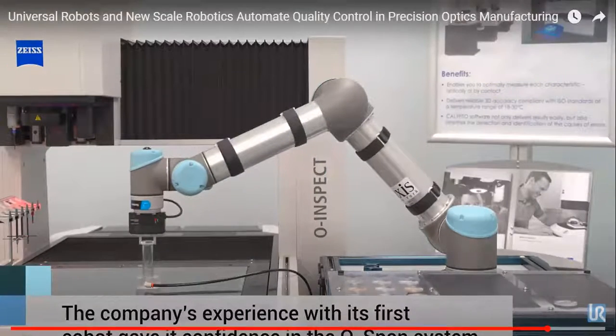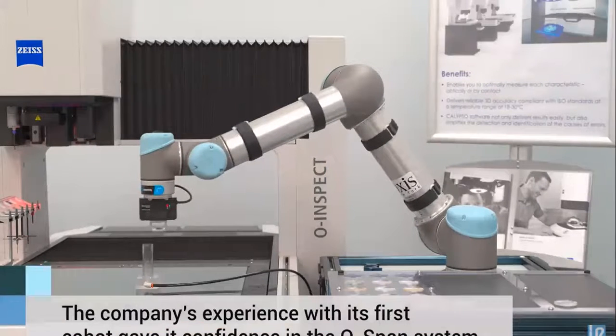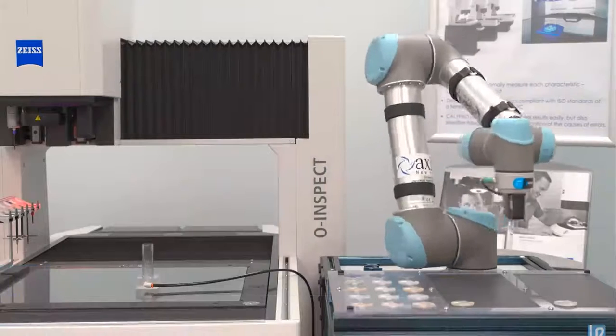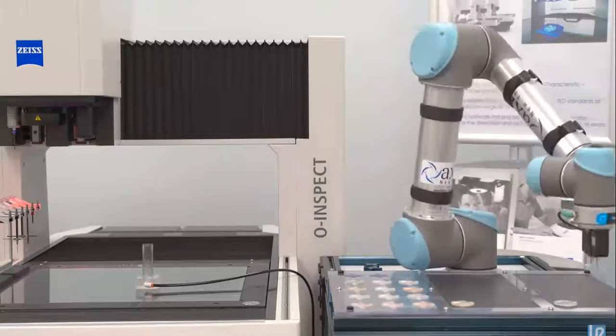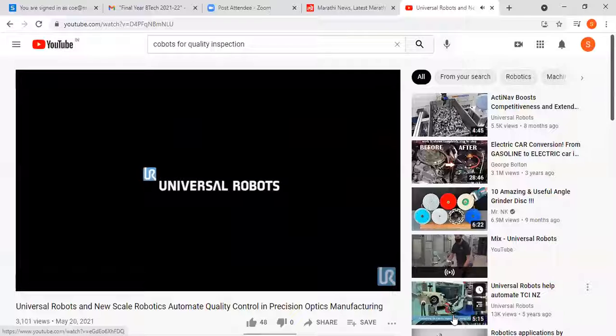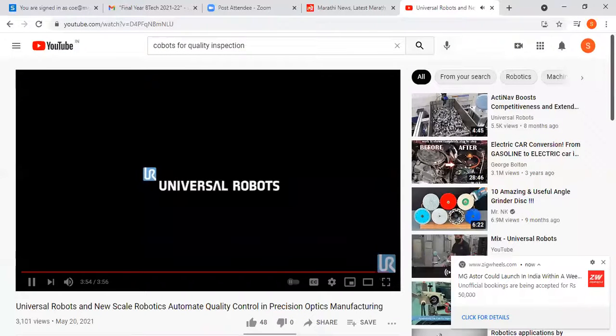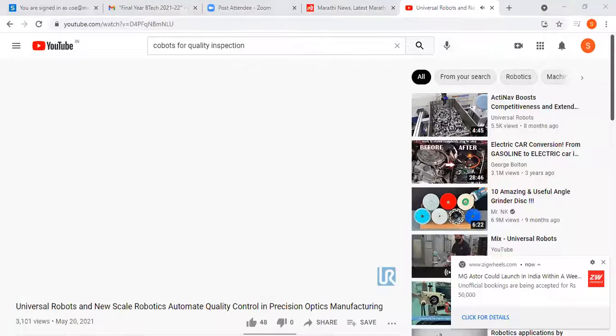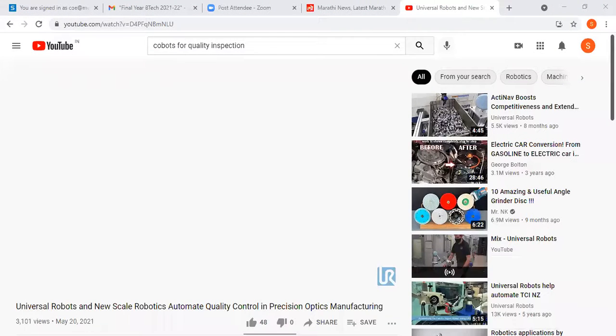The company's experience with its first cobot gave it confidence in the Q-Span system. Again, we will see robot application.